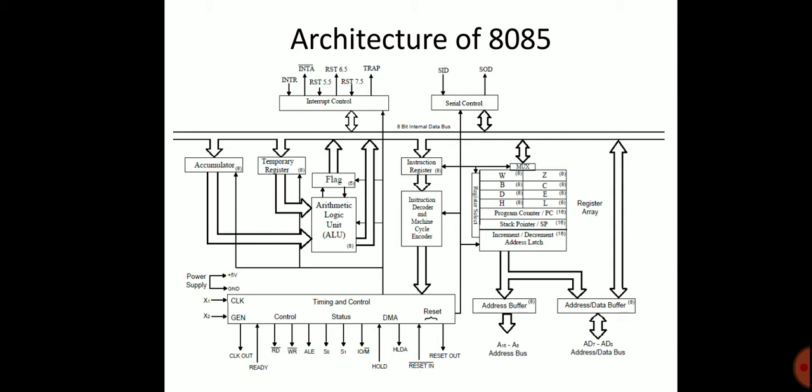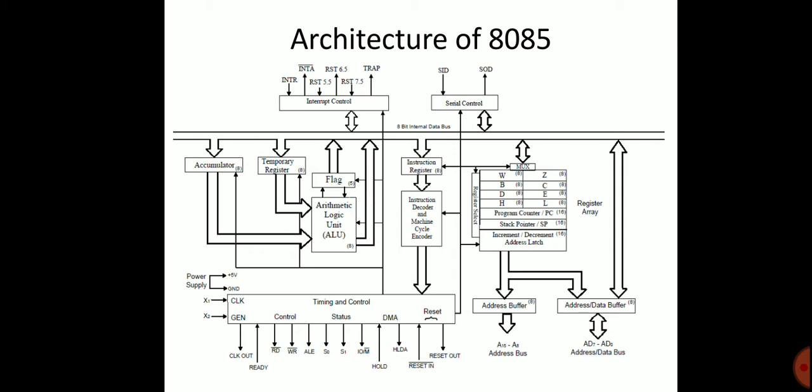The 8085 executes 7 different machine cycles. The machine cycle encoder gives the information about which machine cycle is currently executing, from S1, S0, S2 and the input output memory signal. And then the address buffer is an 8-bit unidirectional tri-state buffer. It is used to drive the external higher order address bus, that is A15 to A8.